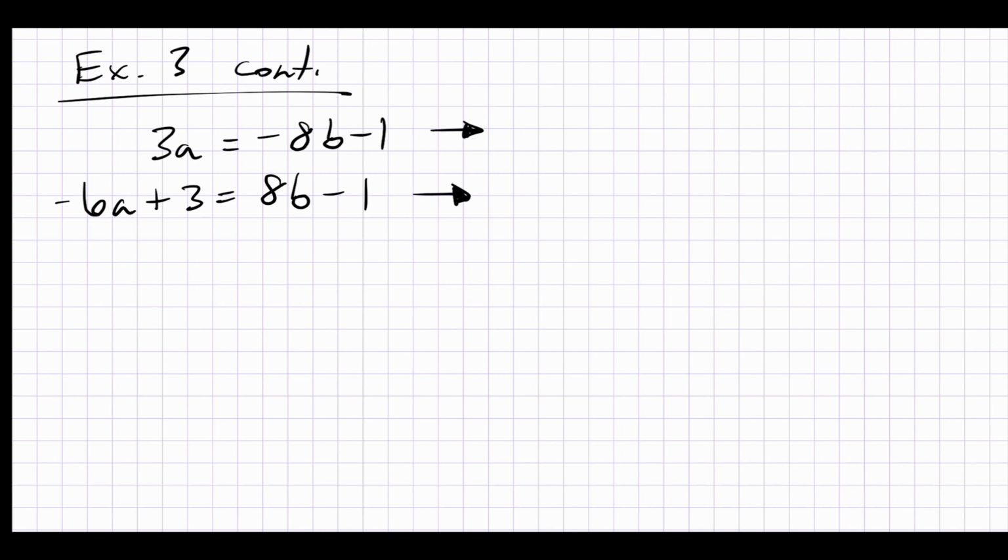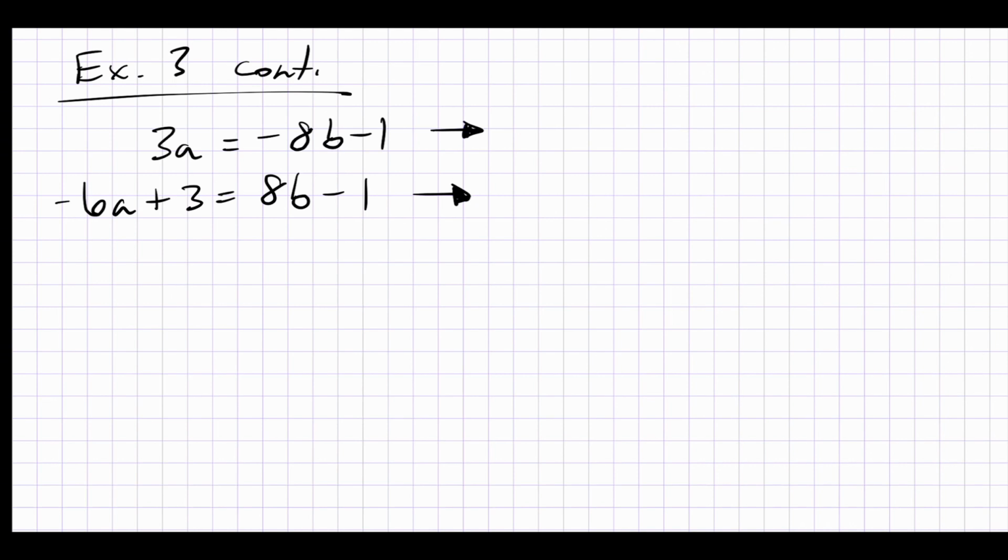Because right now they're in no form. Which form? There's three forms. Which form do they need to be in to use elimination? Standard form, where the variables need to be on one side and the guy without a variable needs to be